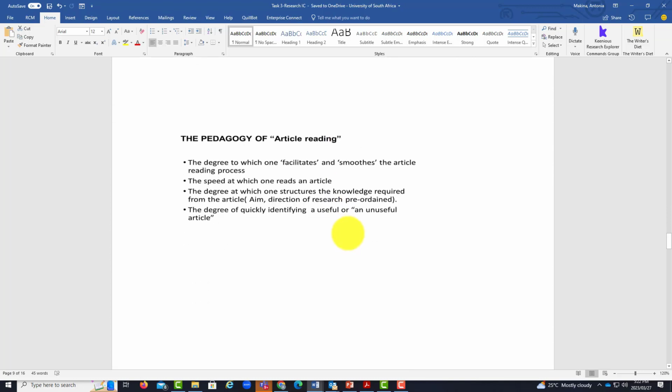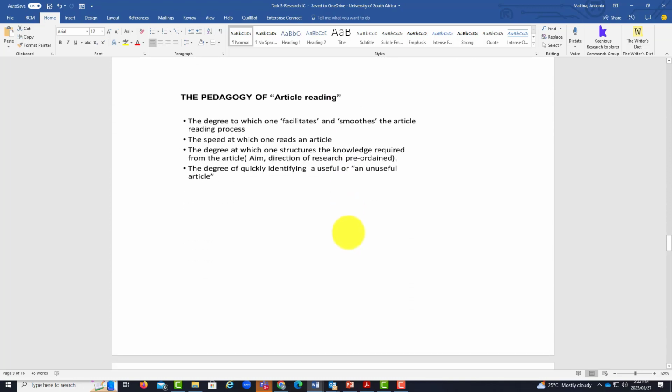The pedagogy of article reading involves the degree to which one facilitates and smooths the article reading process, the speed at which one reads the article, the degree at which one structures the knowledge required from an article, like the aim, the direction of the research, or a preordained one, or the degree of quickly identifying a useful or an unuseful article. The last and very important question that I would like to ask now is, how do we organize literature